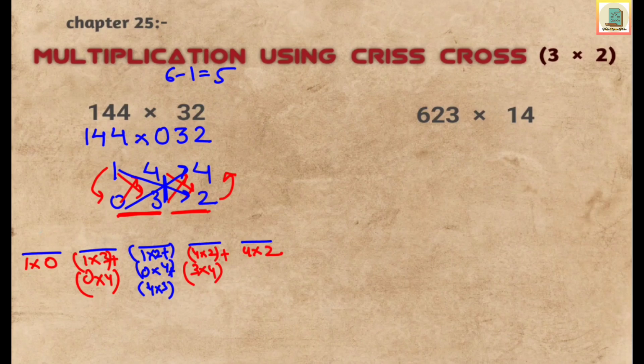In the first partition we get 0. In the second partition we get 3 plus 0 gives you 3. In the last partition we get 8. In the fourth partition we get 8 plus 12, that's 20. And in the middle partition we get 1 multiplied by 2, 2. 0 multiplied by 4, 0 plus 12. So we get 14. So now we'll write over here all the answers for the partition: 0, 3, 14, 20